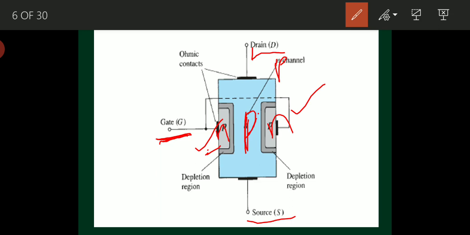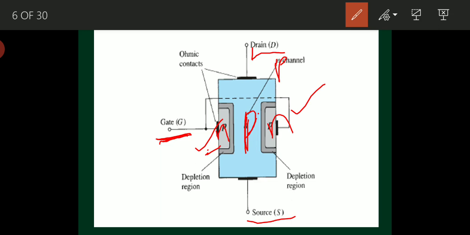The channel is p-type here, and holes, which are the majority charge carriers in p-type, only take part in the conduction process, and I am least bothered about minority charge carriers in FET. But in BJT, I have to consider both majority and minority charge carriers in order to calculate total current.